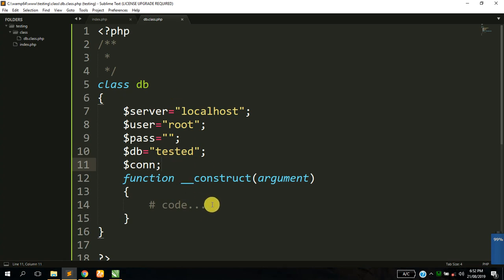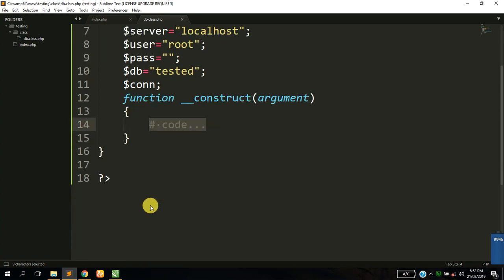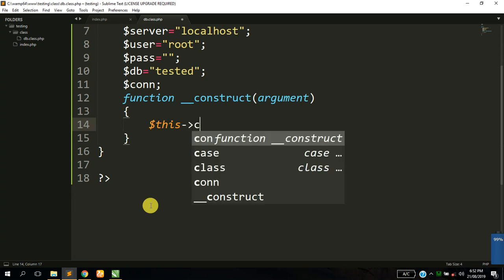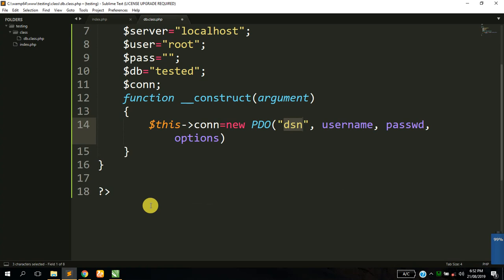So in my constructor, which is automatically called once an instance of that class is created, I want to have this->con is equal to a new object of PDO, and here I'm going to have my SQL host, which is equal to this->server, and I want to have a statement terminator there, and I'll have my dbname, which is equal to